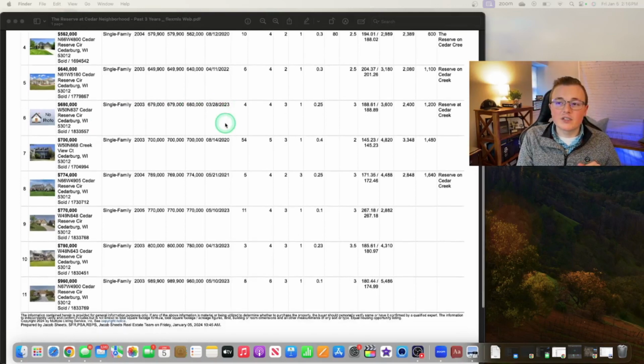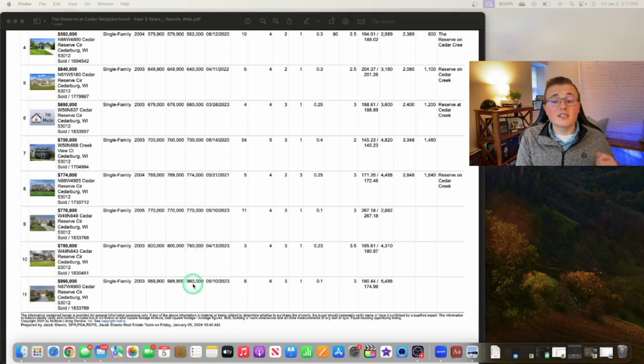So we see a range here. 2023 sold in 680 all the way up to down here 770, 780, and the highest at $960,000, originally listed at $989 or $990, about $30,000 below asking price. Now, what the heck, right? That's a huge jump from 770 to